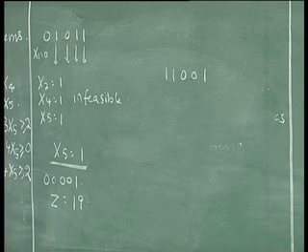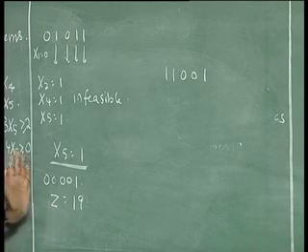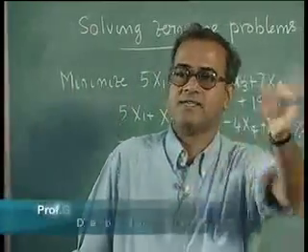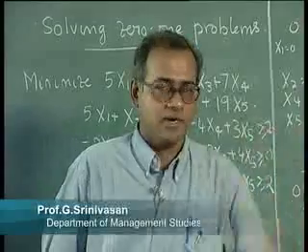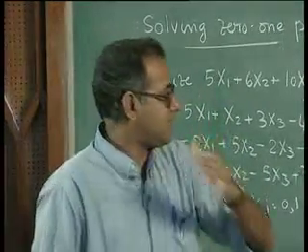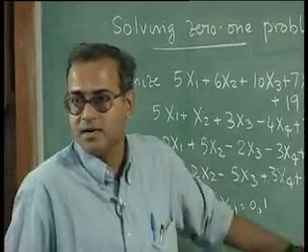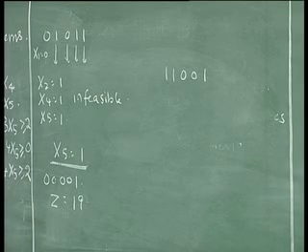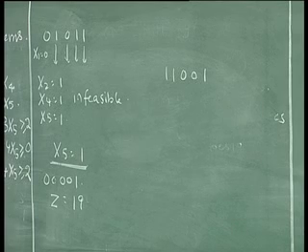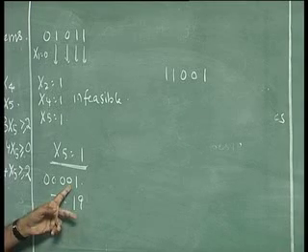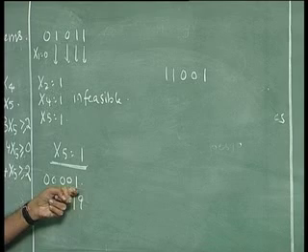Because we have non-negative coefficients in the objective function, if you take any existing feasible solution and try to put ones instead of zeros, you will only end up increasing, or not decreasing, the value of the objective function, and therefore you will not do it. Whether it is feasible or not is immaterial. It will only have an objective function value higher than this 19. Higher is a general statement, not lower is the correct one. So, it will be either 19 or above, and therefore you will not do this. So, the moment you identify a feasible solution, you will not try to evaluate any other solution where a 0 in a feasible solution is made into a 1. So, in this case there are 4 zeros here. So, effectively, the moment you get this solution, you will not evaluate another